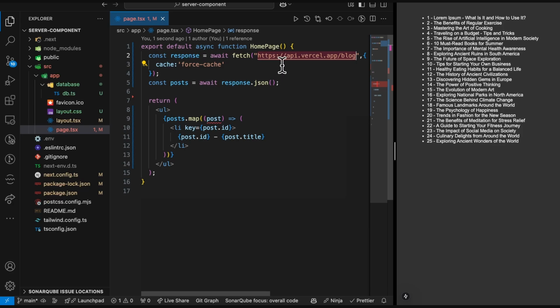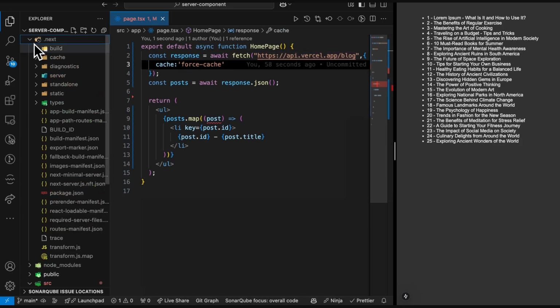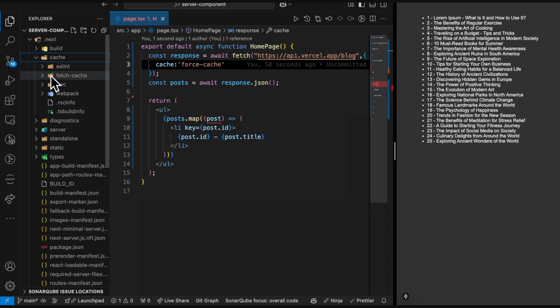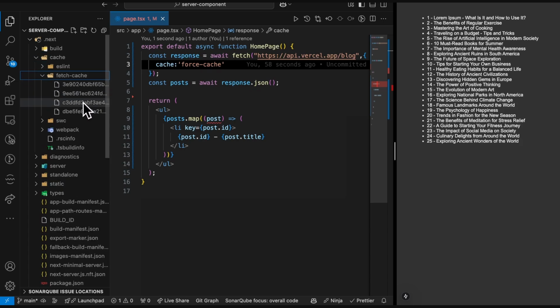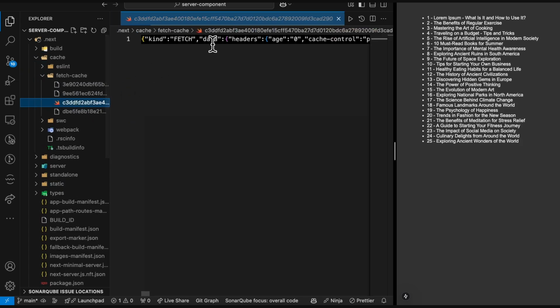And if it doesn't, it tries to get it and then store it in the file. And later, if someone else maybe opens your page, a new user, they will get the data from that location. So the place that it will store is in the .next. You can go to the cache, then fetch cache, and at some point maybe here, because it was new, maybe